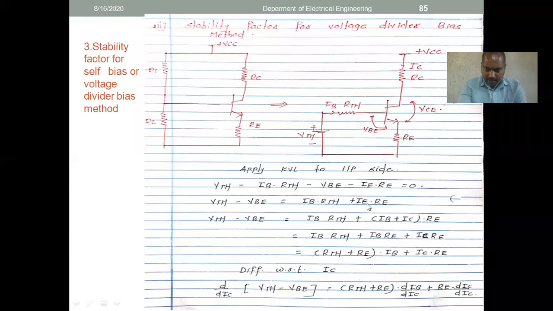So I is nothing but the emitter current. We know the equation I equal to IB plus IC. So for I, we have to write IB plus IC here. So I is nothing but IB plus IC into RE as it is, right? So your equation is IB into RTH plus IB into RE and IC into RE. This is the equation, right? So your equation is nothing but RTH plus RE. We have taken IB as a common term, so IB should be common. So RTH plus RE plus